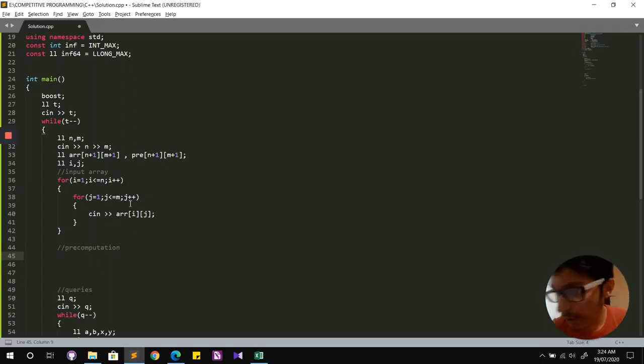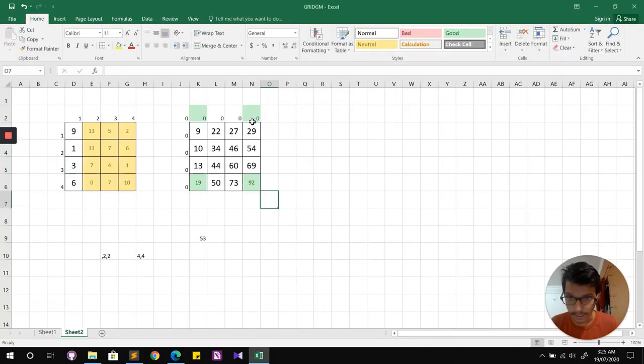As I mentioned, for the first row, it's going to be simply the prefix sum. But initially, we need to make sure that the matrix is padded by the extra zeros that we were talking about in this figure right here.